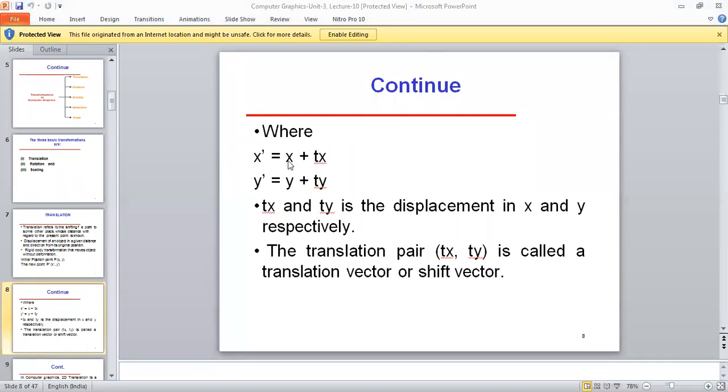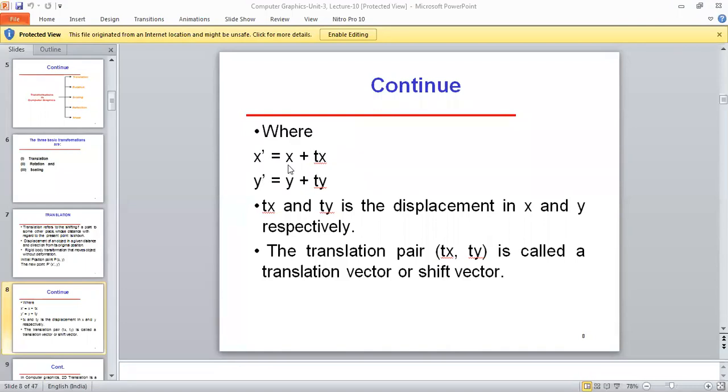This is called the distance, translation or the movement. So here we have the initial coordinates x and y. These are called the starting coordinates or the initial coordinates. Now we also have tx, translation along the x-axis, and ty, translation along the y-axis, or we can say movement along the x-axis, movement along the y-axis. Then we will calculate the final point x dash, y dash.